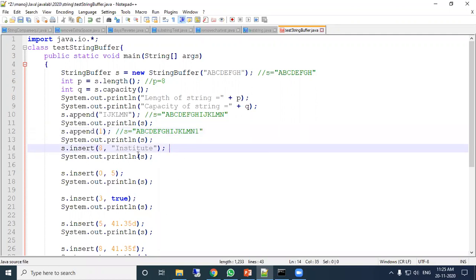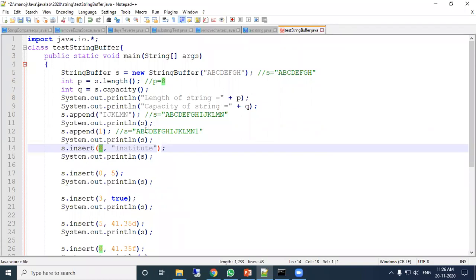Now here you see, the insert method is there in the StringBuffer. The insert method will insert at a particular position, an offset. At the 8th position, it will insert institute. All of you note down what will be the output when we run this.